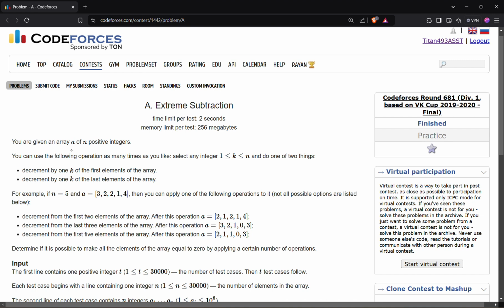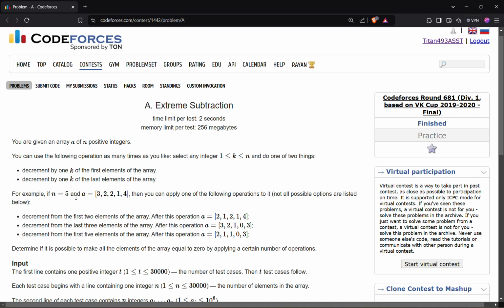You are given an array A of n positive integers. You can use the following operation as many times as you like. Select any integer k, 1 <= k <= n, and do one of two things: decrement by 1 the first k elements of the array, or decrement by 1 the last k elements of the array. I wish there would have been a comma here. Anyways,